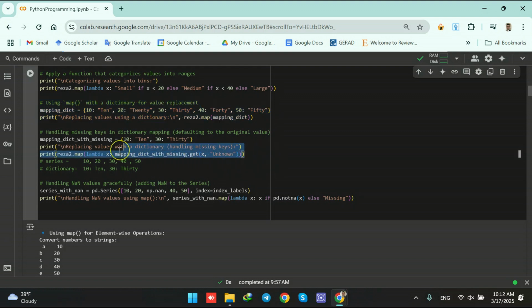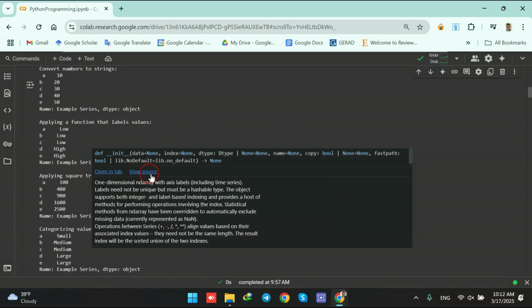Here we are having a dictionary that has 2 elements, while in our series we are having 5 elements, so the missing elements are detected there. And also here we learned that if there is any value for certain labels, we are going to return them. Otherwise, if there is nothing there, we are going to write down the missing string